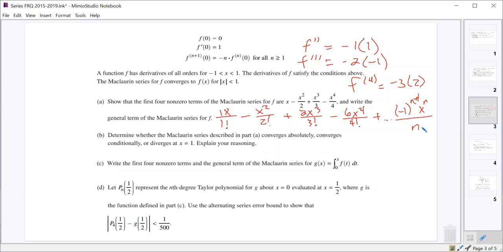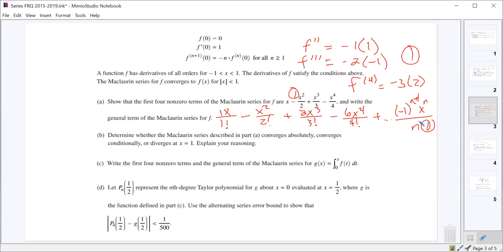-1 to the n plus 1 x to the n over n, or -1 to the n x to the n plus 1 over n plus 1. Either one is good. So they gave you 3 points for that. 1 point for finding all of these derivatives, 1 point for verifying the terms, and 1 point for your general